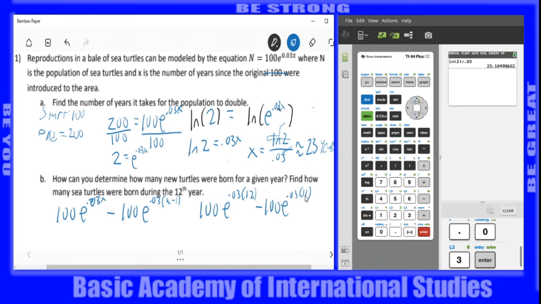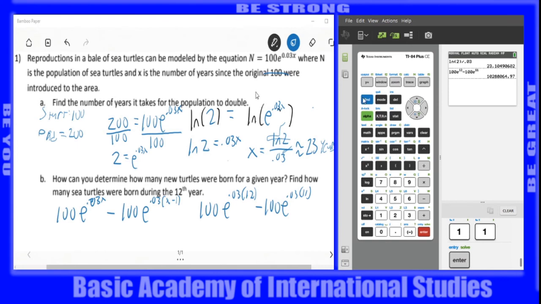Once again, to solve this problem, we simply pop open our handy dandy calculator, and type in 100 times e, which we normally get to by finding the inverse of natural log, so second natural log, and we put in 12 here. And we're going to subtract from this 100 e to the power of 11. Our answer ends up being,